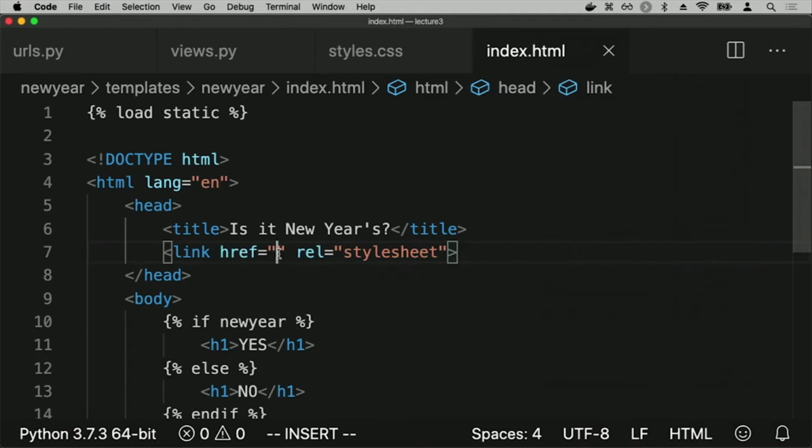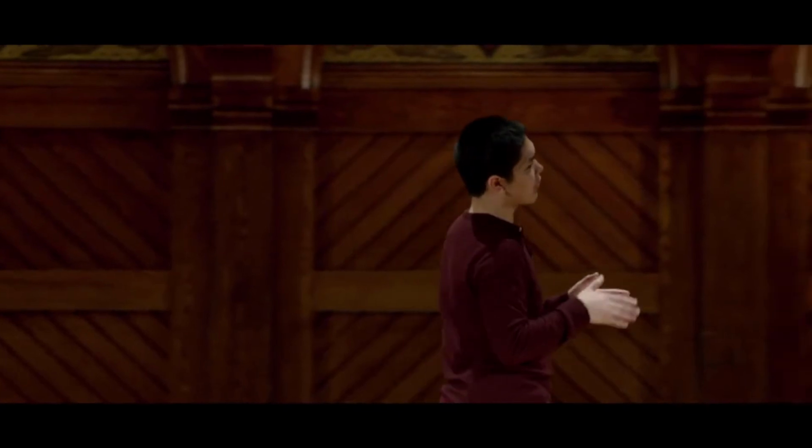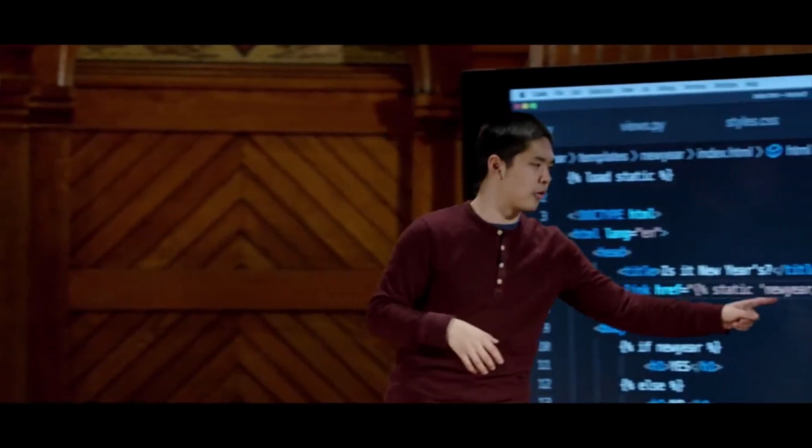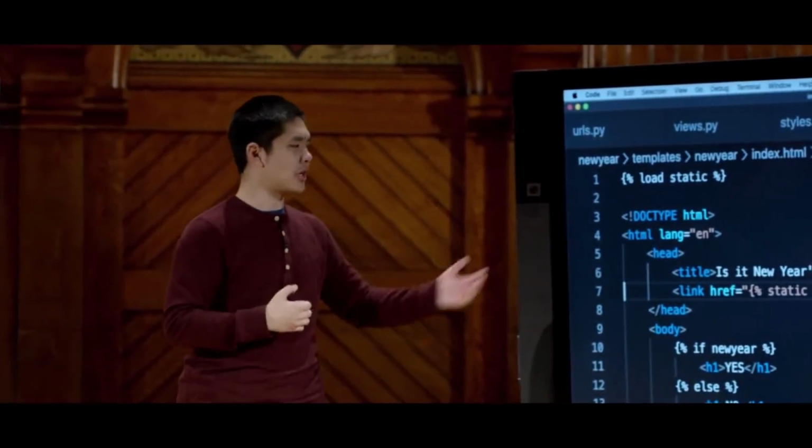But what I'm going to include in here as the link is, rather than hard coding a URL, which I could do, Django best practice says that instead, let's just say it's going to be a static file, and the static file is called newyear/styles.css. So I'm not specifying exactly what the URL is, but I'm saying it is a static file that is inside of a New Year folder called styles.css, and Django is going to figure out what that URL ought to